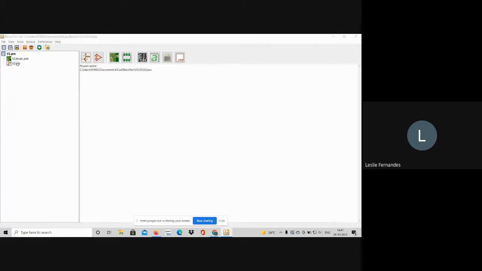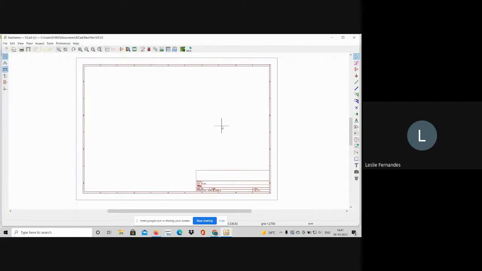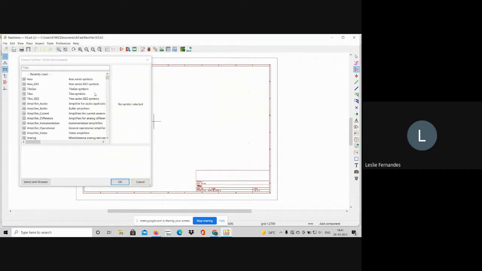So let's see the schematic part. In the schematic part, to add a symbol, just click on this button over here, and then click on the schematic.